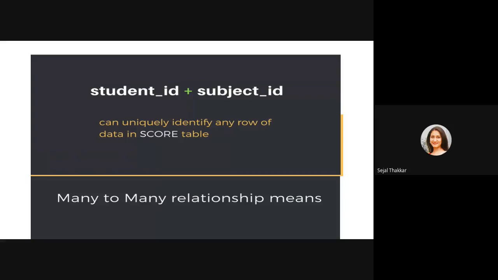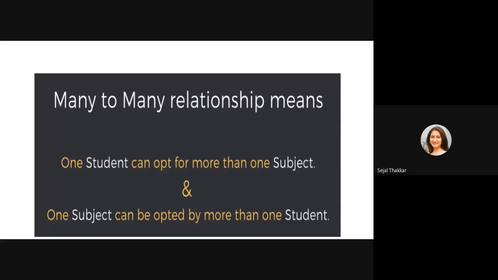Here we have a many-to-many relationship. Many students can give exams of many subjects, and many subjects can be learned by many students. So one student can take more than one subject, and one subject can be taken by more than one student.